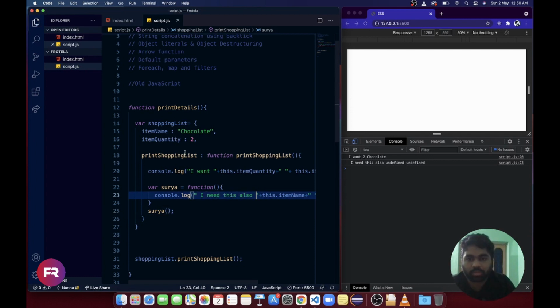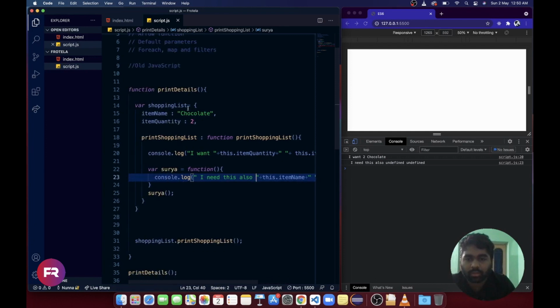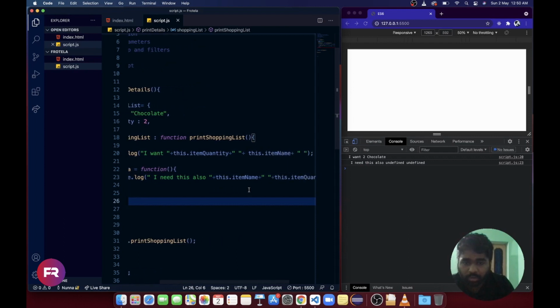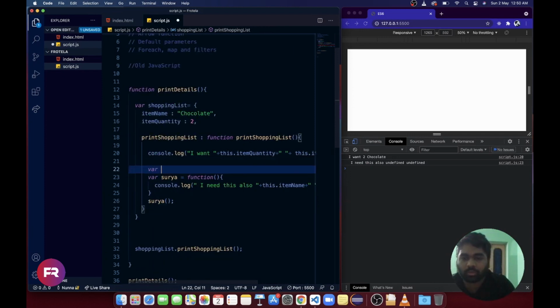Why? Because in old JavaScript we will not be getting this. Even though it is inside the object, we are not getting this. The scope changes here. So how can we fix that? Here we have to use a reference, ref, as this.